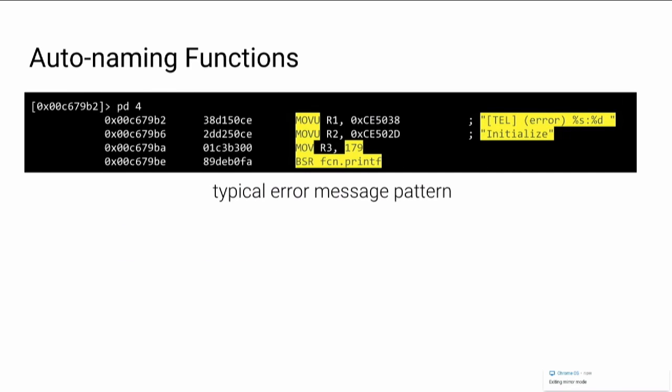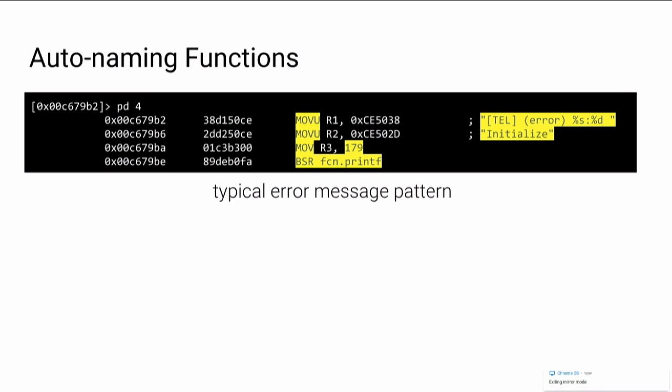If you look at this binary long enough, a typical pattern used to display error messages will emerge. It uses 4 instructions, here on the top of the screen. First, it will load an error format string into R1. This string is using a string, %s, and an integer, %d. It's also really interesting because it contains keywords. Here the keyword is telnet. We also have WPS, WPA, and FAT.